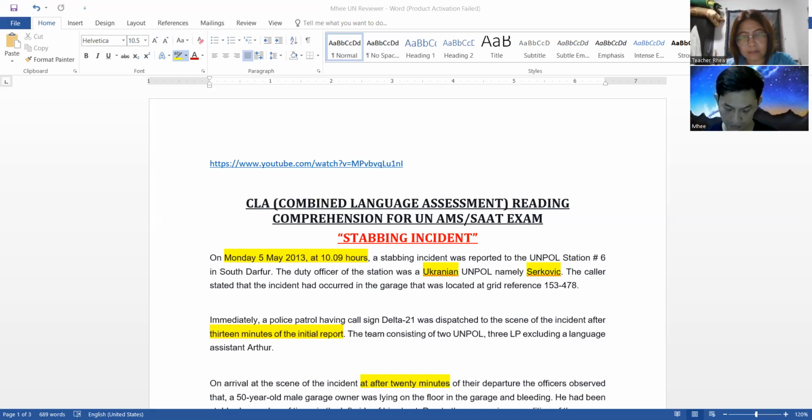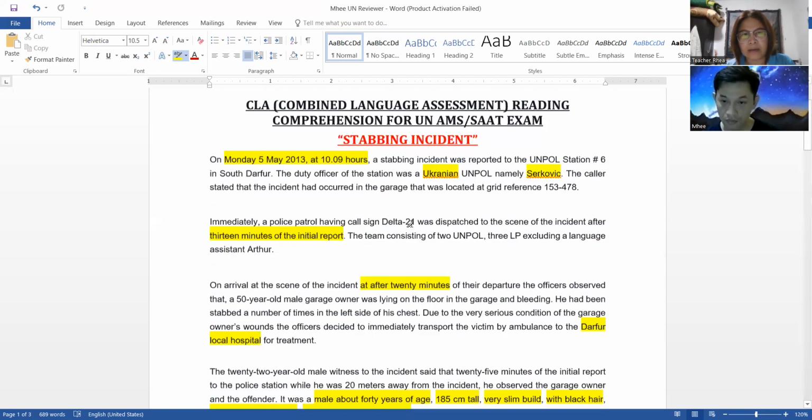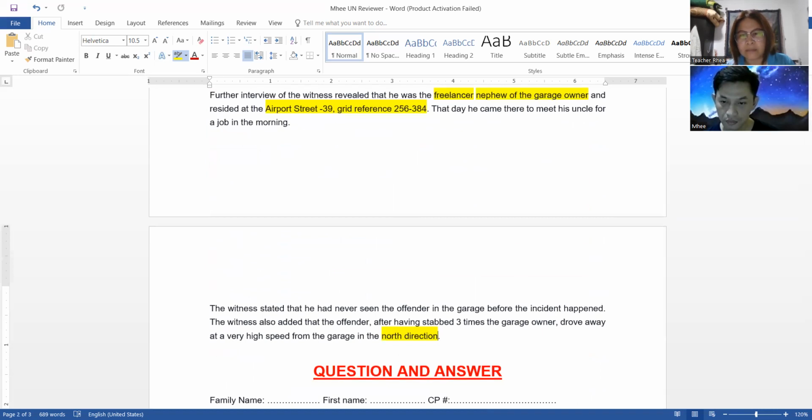Narrative. On Sunday, 23rd March 2008, at 13:30 hours, a man called Joseph Alba entered police station number 7 and said that a group of stray dogs had